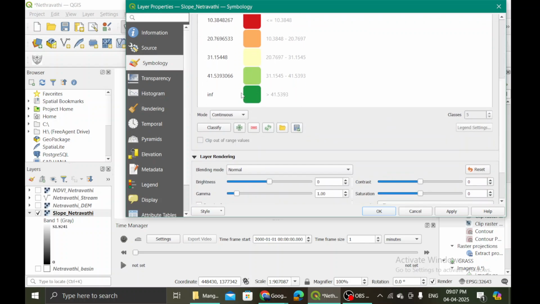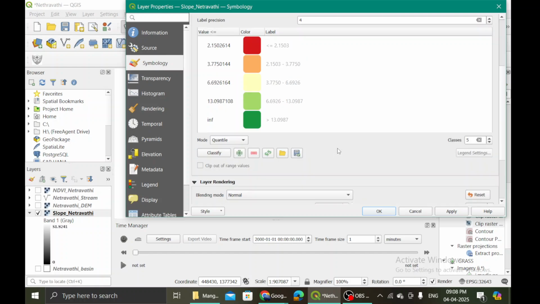So besides that, move down and choose a quantile mode. Quantile mode means based on the natural slopes that are occurring within your data, those will be taken up to create your classes. And how many classes do we want? I'm making 5 classes such that absolutely no vegetation, then scanty vegetation, then maybe moderately dense vegetation, very dense vegetation, and then maybe evergreen, something like that. This I'm trying to make. So I've taken these 5 classes.